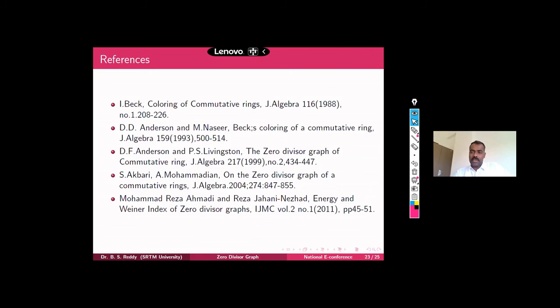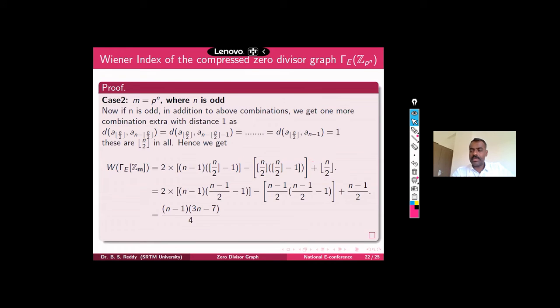Okay, fine. So this is all about whatever little work I did, and what is remaining is this. The binary index for Z p power n we have calculated, and the same Pirzada also calculated. His version, even though ours is a little more elaborated, is simplified in a somewhat better way. For the remaining cases of Zn, it is still remaining. One can work on it if one is interested in doing some computations. The expressions will go larger and larger.